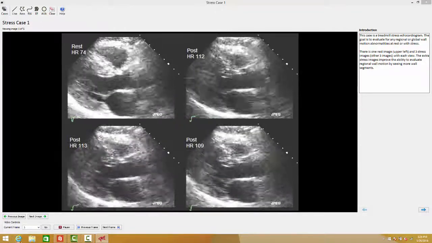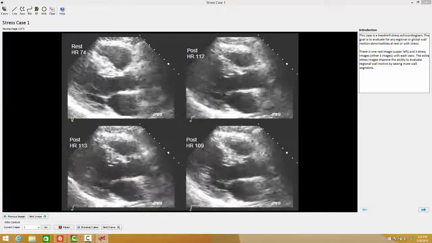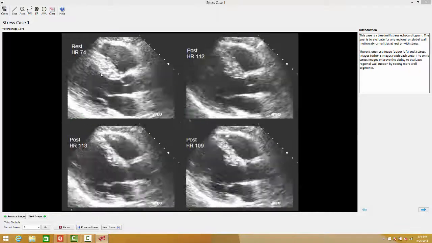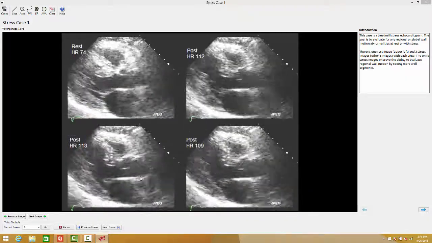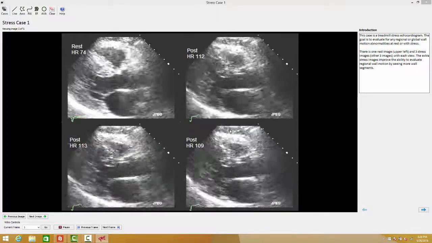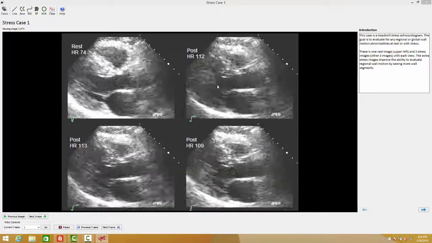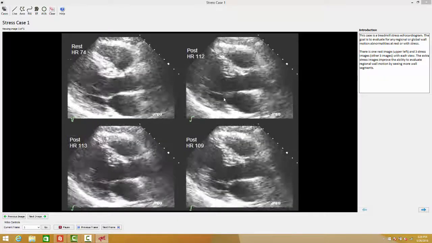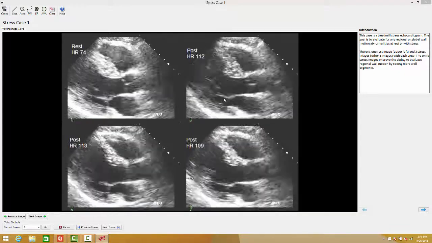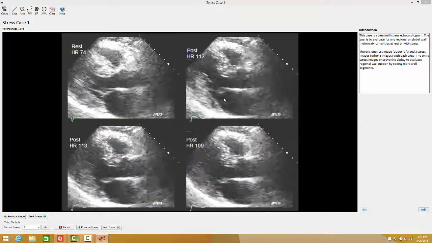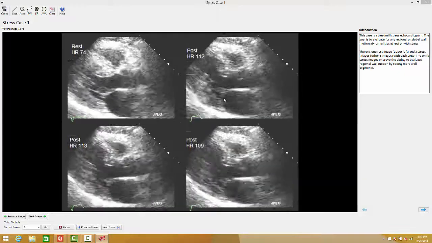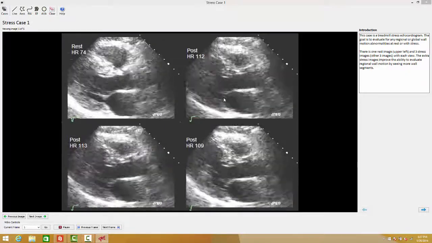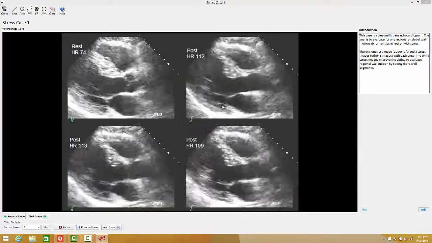Now, I should explain that our treadmill studies are done with one resting image in the upper left-hand corner and 3 post images. Since the post images or the immediate post images are the key to normalcy, and the fact is that recovery of function can occur, we like to look at more than one image to help make the diagnosis. So that's the only thing slightly different about what you're going to see here than it is done in other laboratories. In any case, here we have the